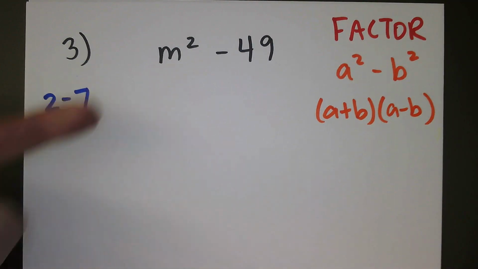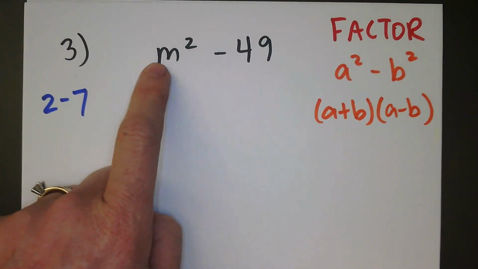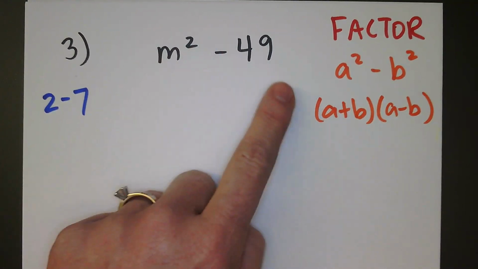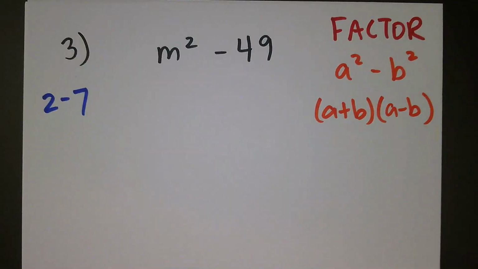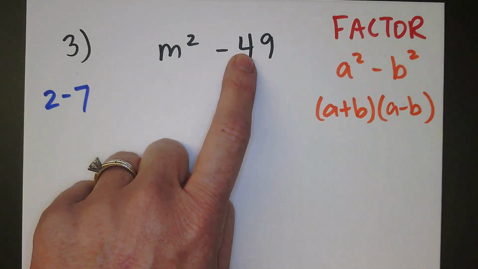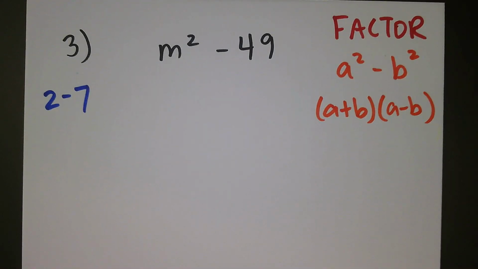Okay, so here it is with this problem. We have something to the second power. This one is easy to see. This is m squared. So my first thing being squared, my a value, so to speak, is actually a variable m here. Now this one is not being raised to the second power, but it is a perfect square. If you recognize that,